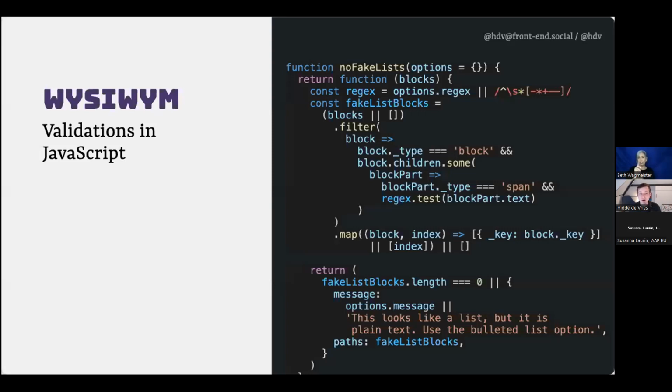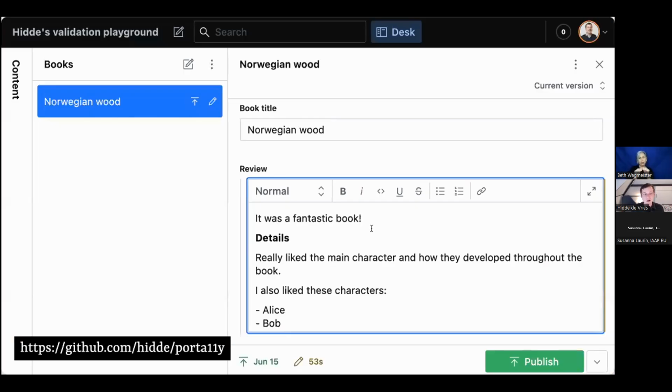It's a violation of WCAG 1.3.1. Right? This is not the right info and relationships. So those sorts of validations we can add into our rich text editor because everything is stored in data. We can kind of traverse the trees and then figure out sort of what sort of content is in there.